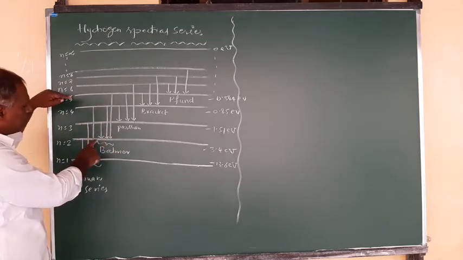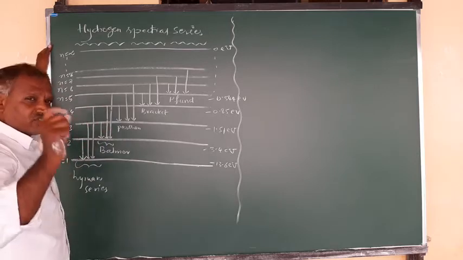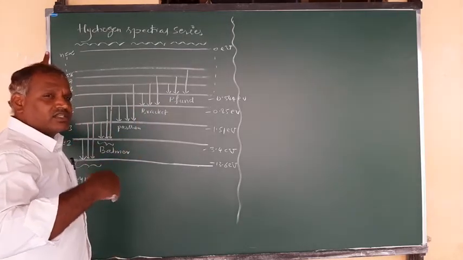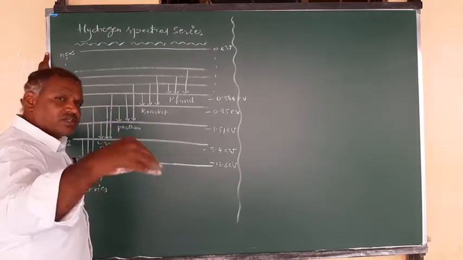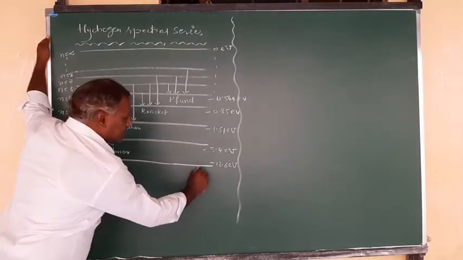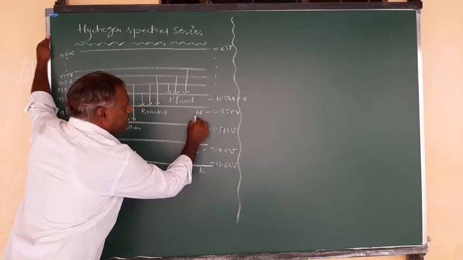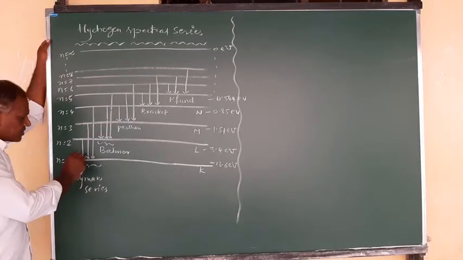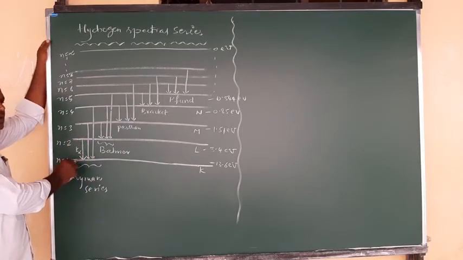Similarly, for this one also, this is alpha line, beta line, gamma line. For any transition, the first transition from the next higher level into the state where the electron is getting into is called alpha, the next one beta, the next one gamma. This is called the K shell, then L, M, N. Like that you have the shells where the electrons can be filled. So this is called the K alpha line, the first one where it is getting into the ground state.